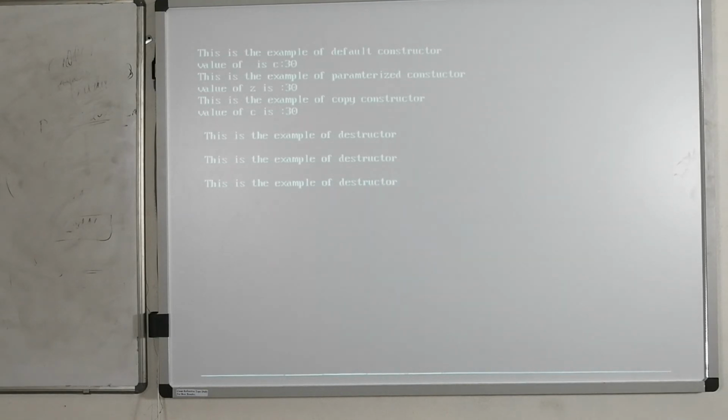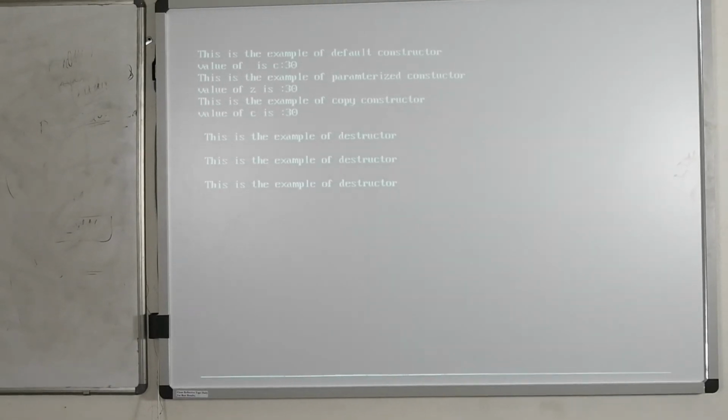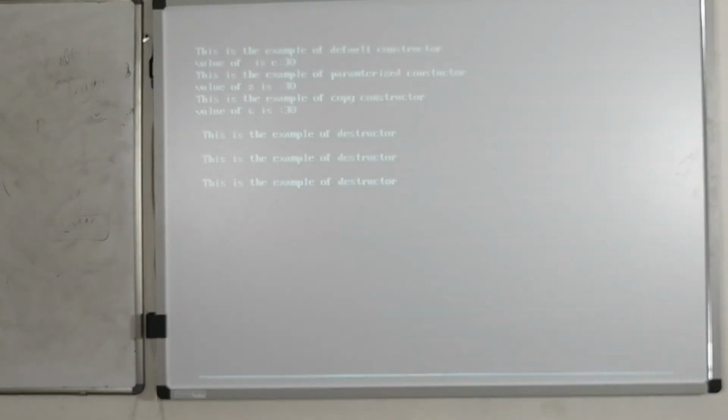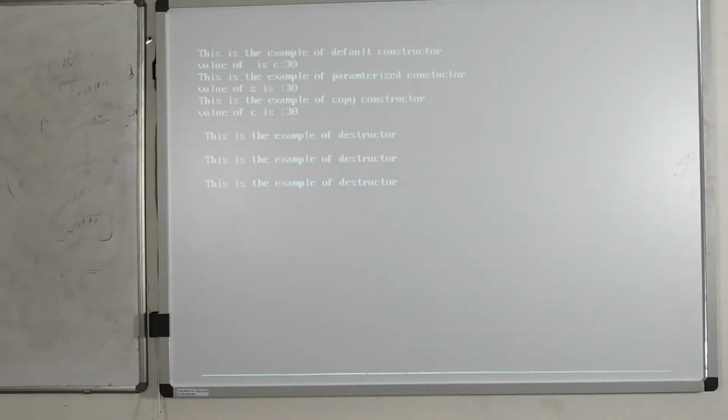Now the destructor function is invoked 3 times. Why? Because in our program we are creating 3 objects. After using those objects, we are releasing the memory of those objects. That's the reason this destructor function is going to execute 3 times. Here 3 objects are created: 1 object for the default constructor, 1 object for the parameterized constructor, 1 object for the copy constructor, right?